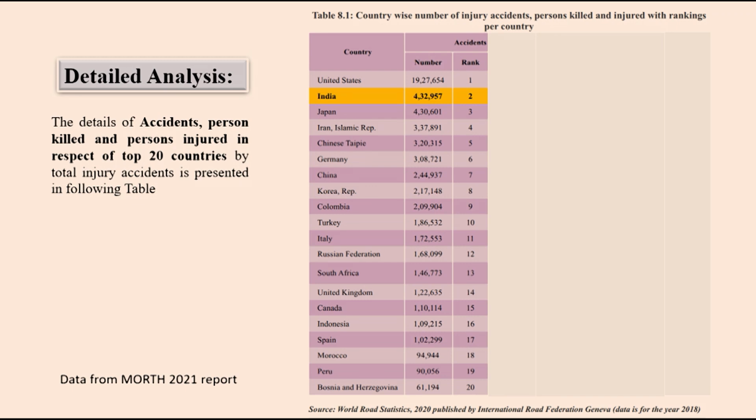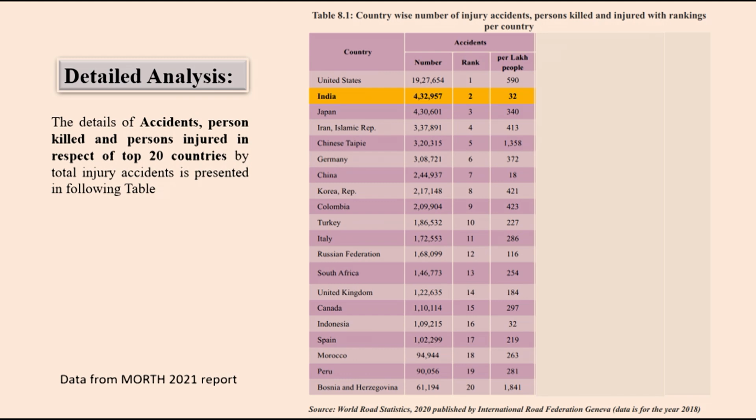Here this is the first and last slide where different countries' data is there. So if you see the number of accidents, we may be very happy that we are at second position. So the number of accidents is much lower than the US, and if we divide by population, we become even more happy, because our population base is high, so the denominator is high, so everything comes down. So